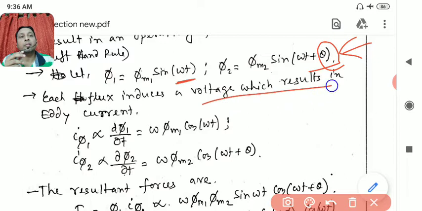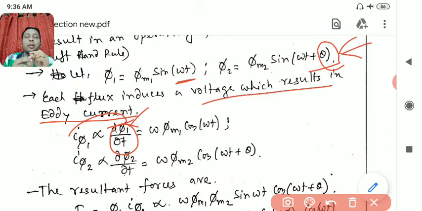So this flux will induce a voltage, and due to this voltage, eddy current will be induced. That voltage will be d phi by dt, and I will be directly proportional to V. V is equal to IR. It will depend on the path through which the eddy current is flowing, what is the reactance. So I am not interested in the actual expression. I am just considering on what parameters I phi 1 and I phi 2, those two currents I1, I2, are depending. So I1 will depend on the voltage due to this, and I2 will depend on the voltage.